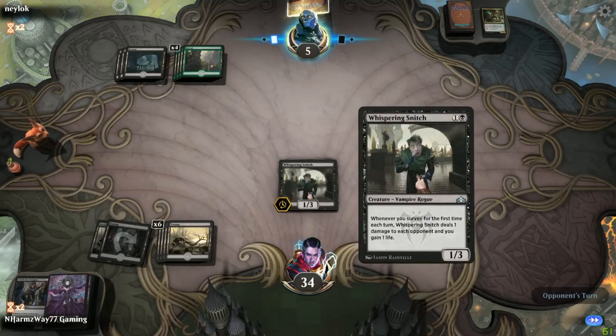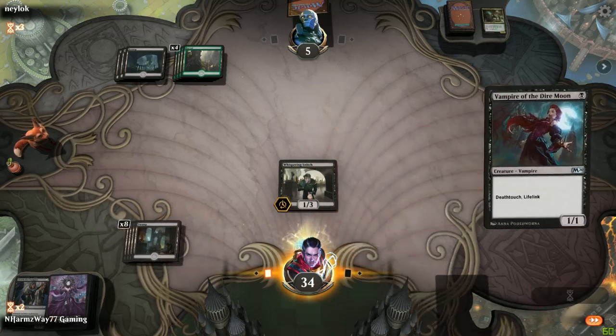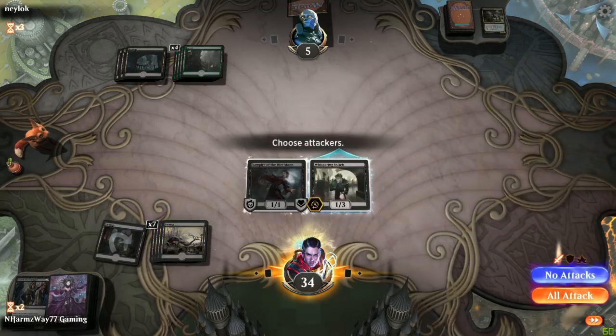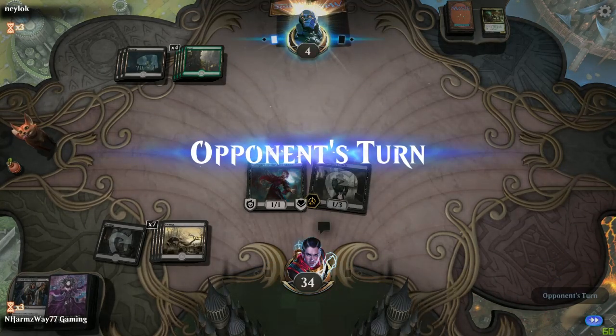When Whispering Snitch... Oh, when I surveil, okay. I can do 1 damage with the Whispering Snitch. I don't get a life point, but...